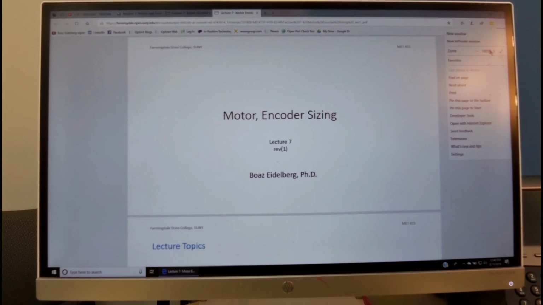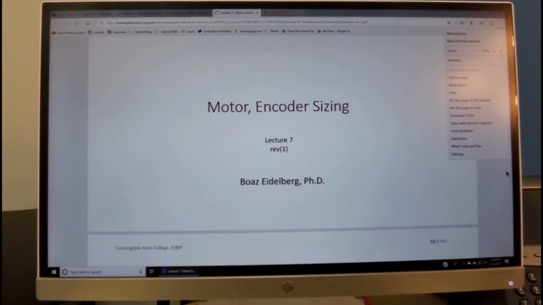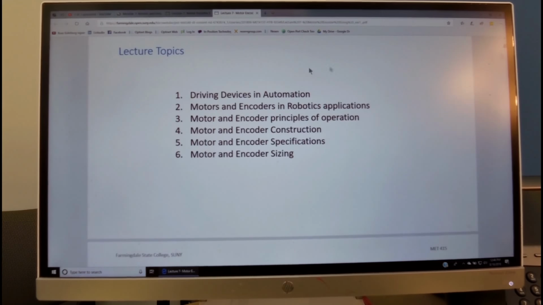This presentation will cover a few topics. As we see over here, we will discuss the different driving devices in automation, and we look at the motor and encoder in robotic application. We'll see the principle of operation, the construction, some of the specification, and also we'll look at one of probably most common